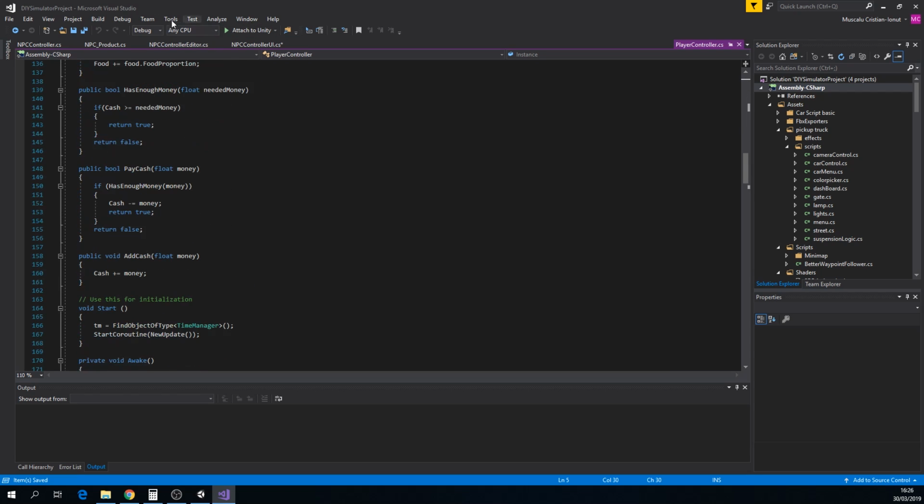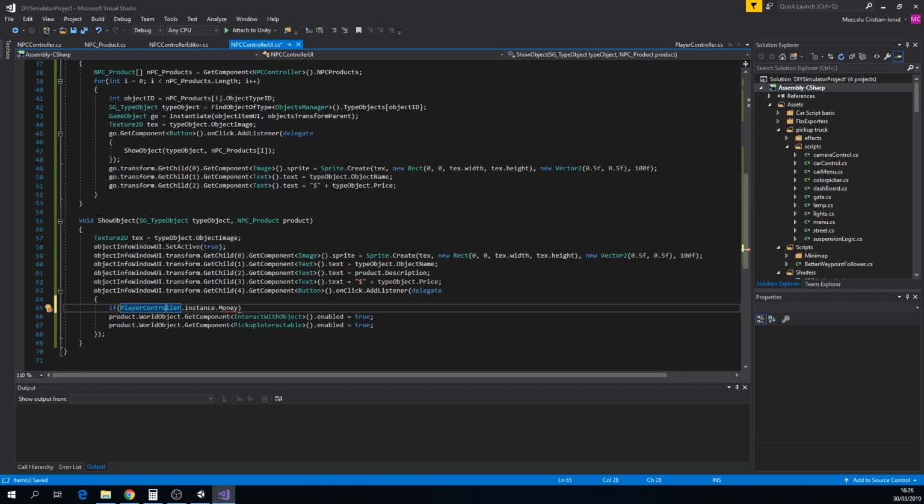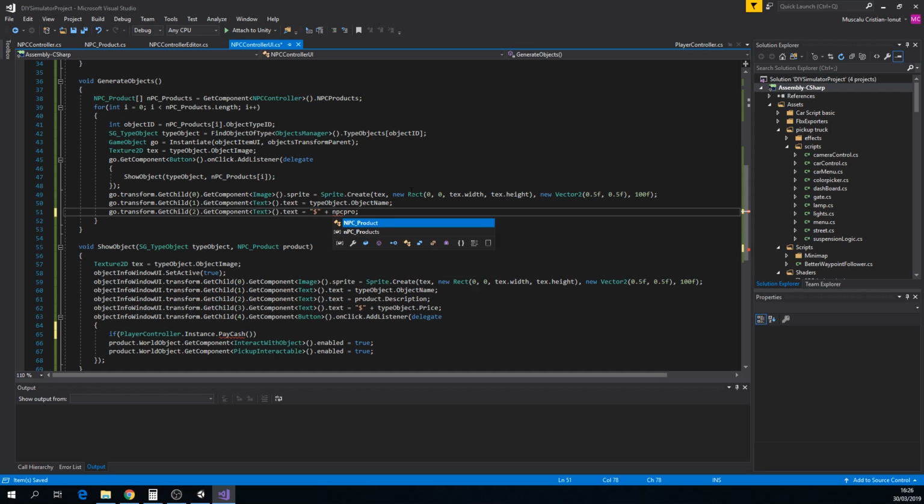Eat ring has enough money, pay cash. No, come on. Cash, pay cash, and if it returns a bool. So if I have money, it returns true. If not, it returns false. So type object, no, it's not the price, that price, this is not the original object price, the default price, it's NPC products, that price. Okay,